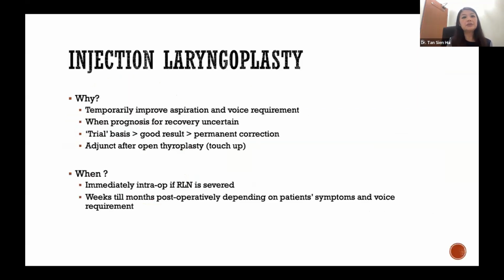Okay, so let's talk a little bit more about injection laryngoplasty. Why and when? Why is it done? Although it's temporary, it can improve aspiration and voice requirement for the patient, especially those with a high vocal demand. It is also suitable when the prognosis for recovery is uncertain. So while waiting, as I mentioned, 9 months, 12 months, it is actually very good to inject first. So at least the patients who have good quality of life, they can communicate and they will not suffer from